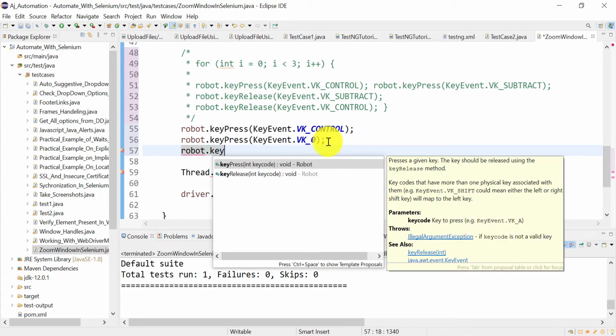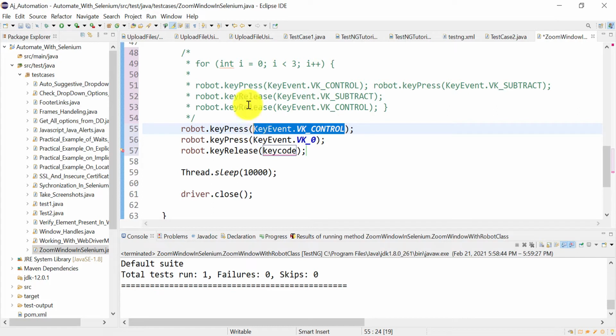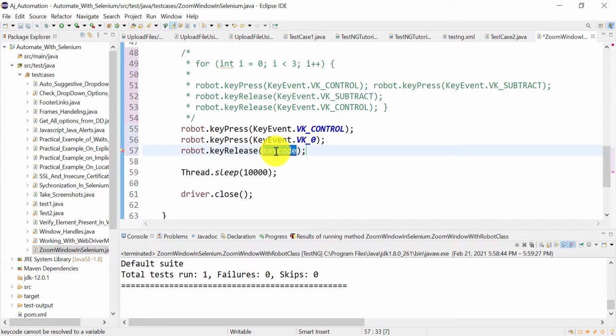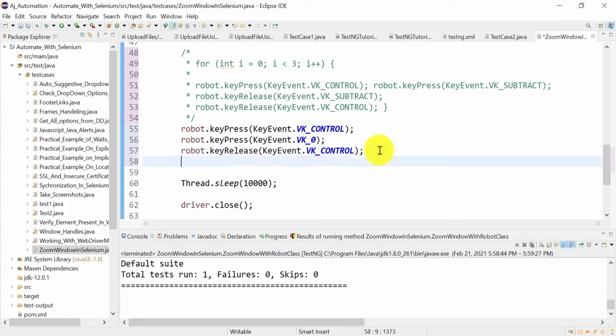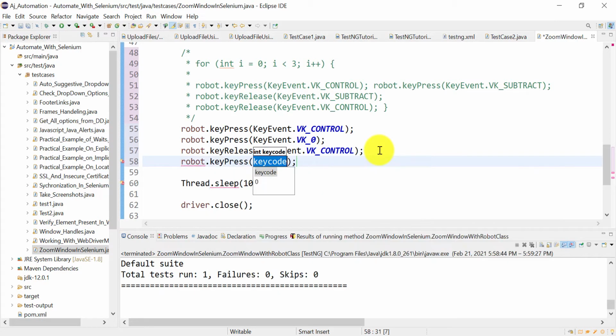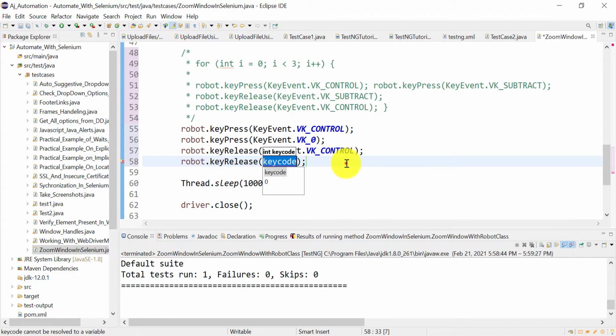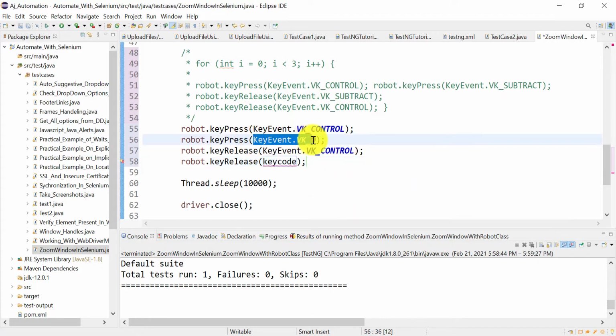By default it will not release the key, so let me copy this. Key press, sorry, robot dot key release we need to do, and which key you need to release, the 0.